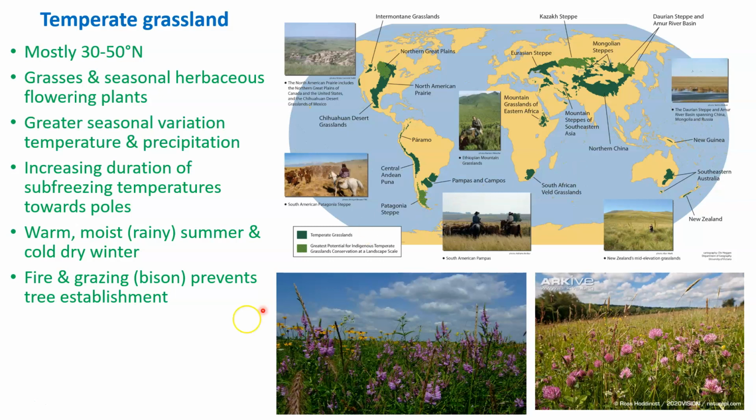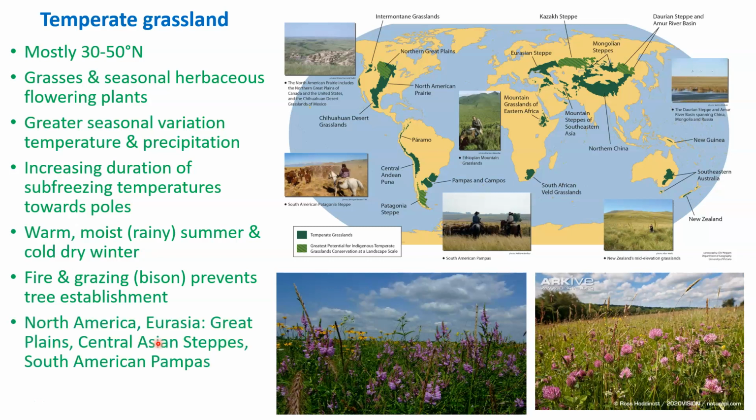Okay. I mentioned the warm, moist summer versus cold, dry winter. So fire and grazing pressure are actually quite prevalent in temperate grassland environments. Because of the seasonal fire and grazing, it prevents establishment of trees. So grasslands remain as grasslands and it prevents the succession from happening, right? Seasonal fire and seasonal grazing will prevent establishment of trees, right? So I did talk about several examples already with you.